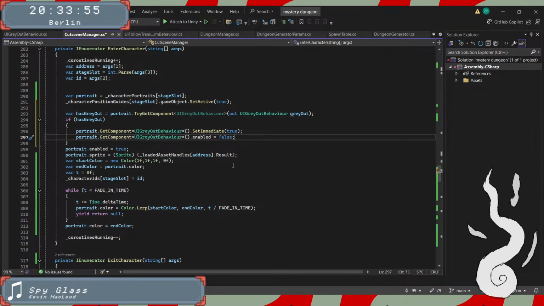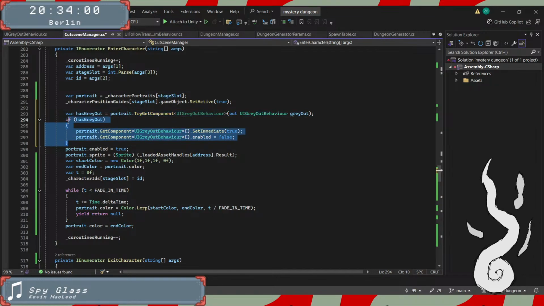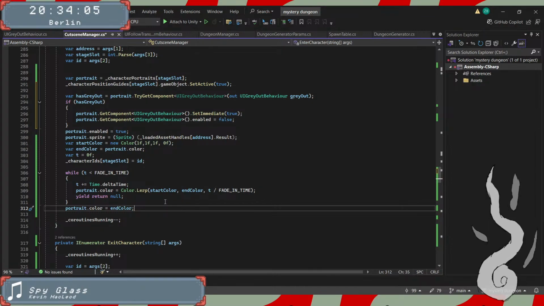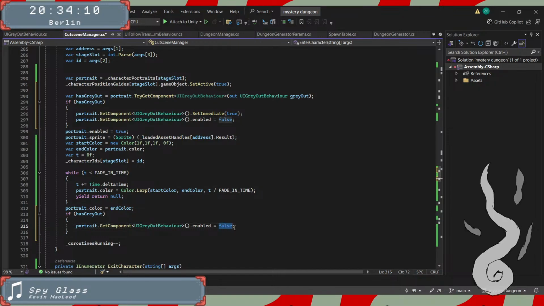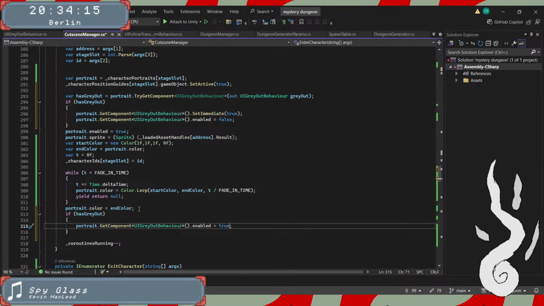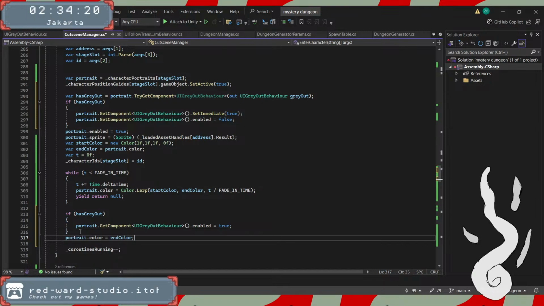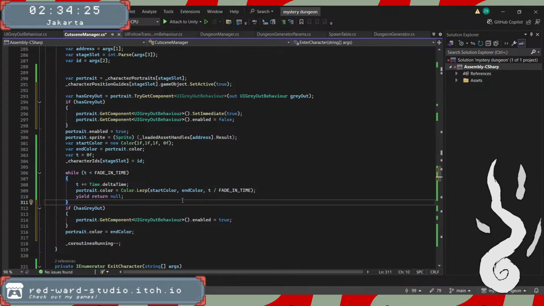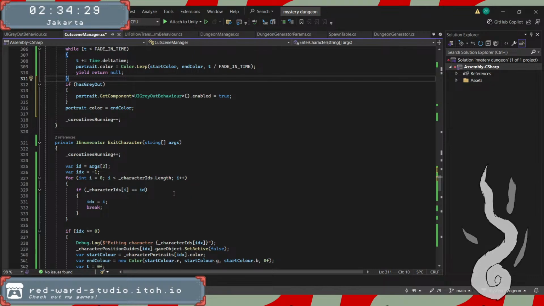But then we disable it as long as it's in there, and then afterwards something like this, and then exit character,